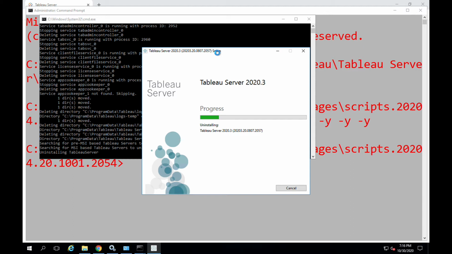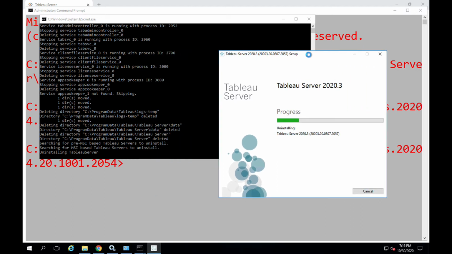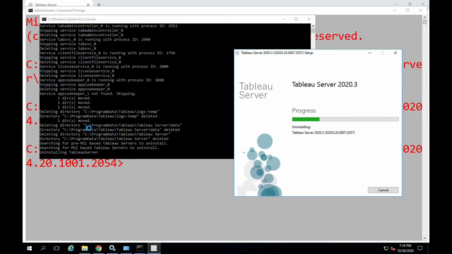As I said, I have multiple versions on my system, so you will see it is going to uninstall the other versions also. Now it has removed the directories and everything, as you can see on the command prompt. It has uninstalled all the services like client file service, tab admin controller, and the licensing service.